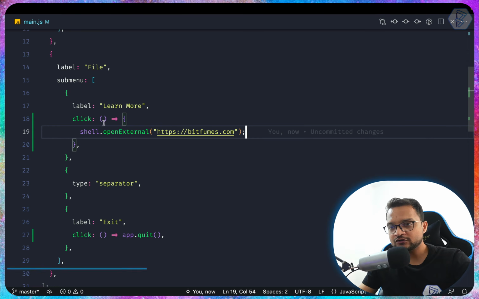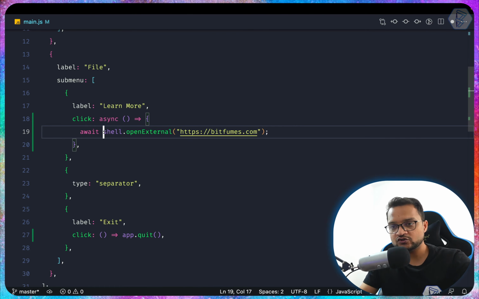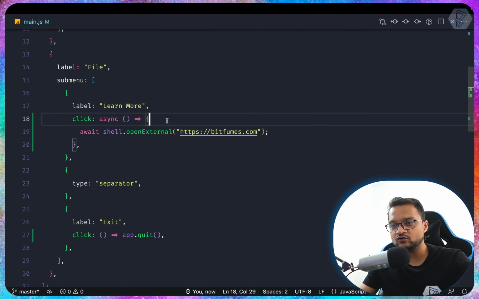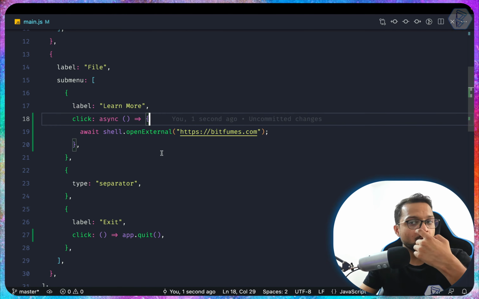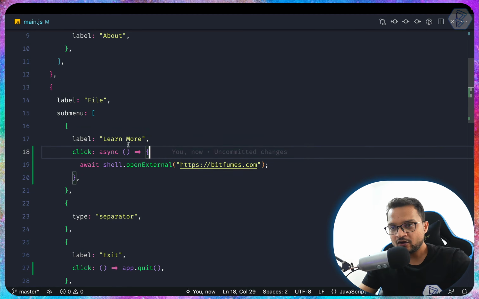Yes, if you want, you can make it async await also. There is no issue on that. If this thing is taking some time and you don't want the user to wait after that, so async await will be a good thing. Okay,